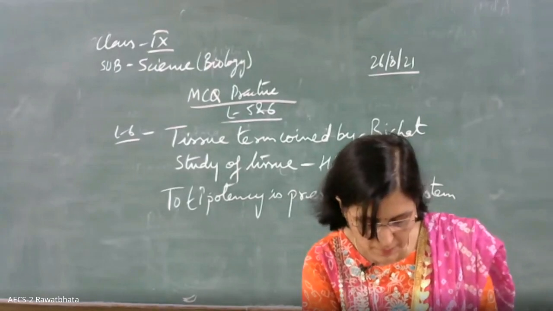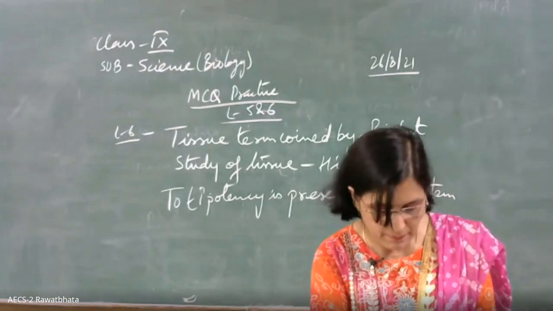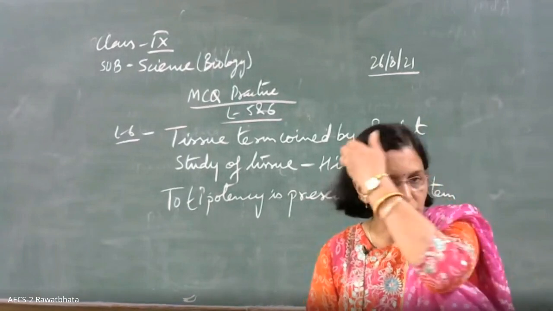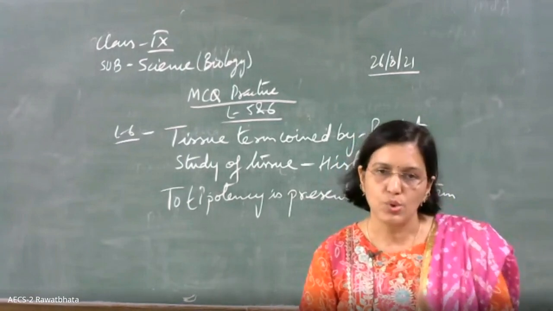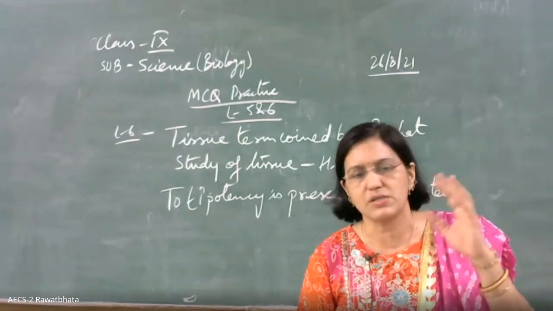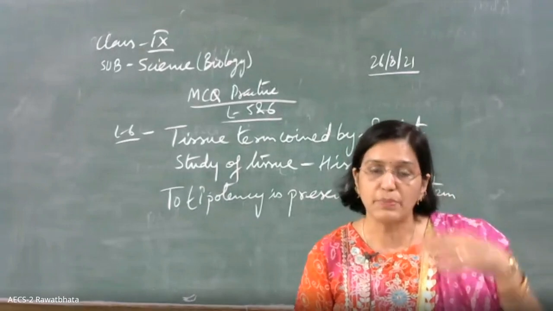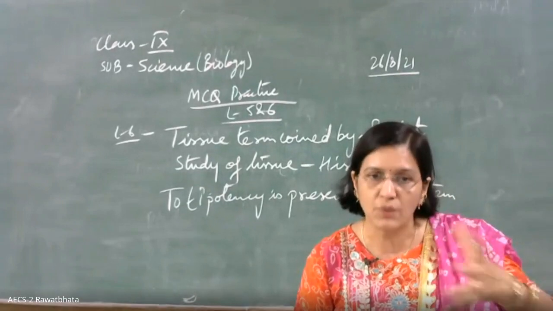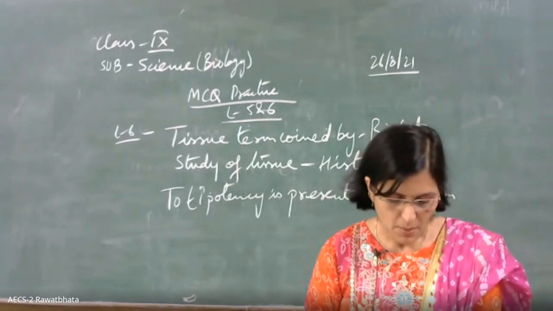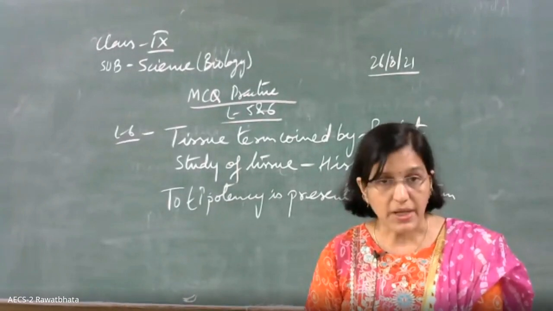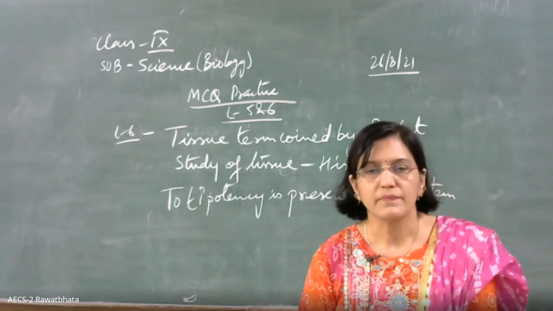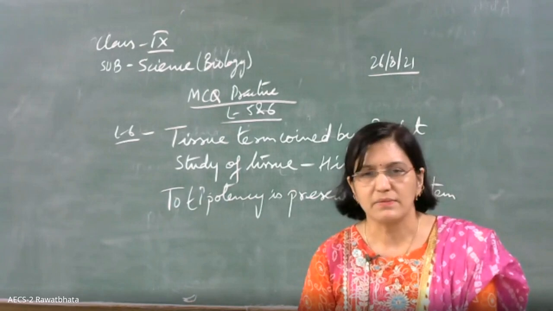Which of the following plant tissue is formed by permanent tissue? See, permanent tissue, of course, cannot divide. So, which of the following is it going to form? Looking at the question itself, you can find out the answer. I'm telling you. So, the question is, what can permanent tissue form? The options are primary tissue, secondary tissue, both of them, none of them. Any guesses?